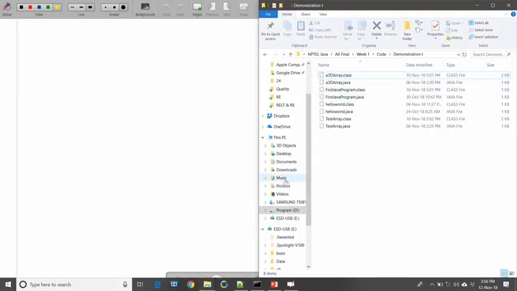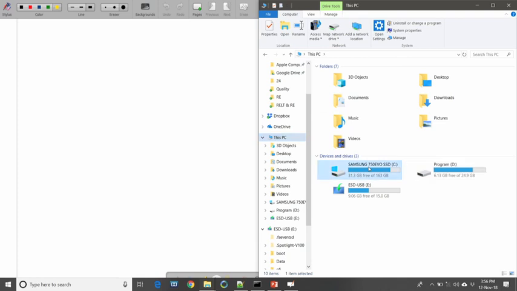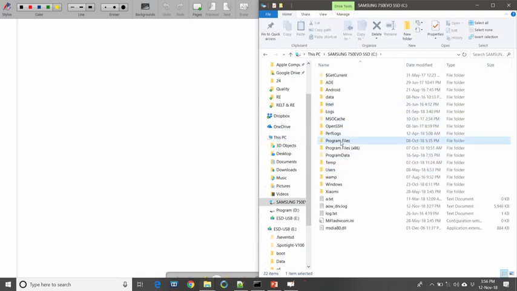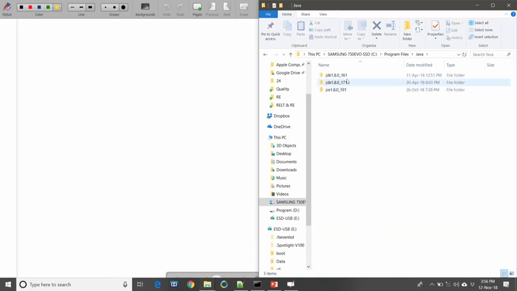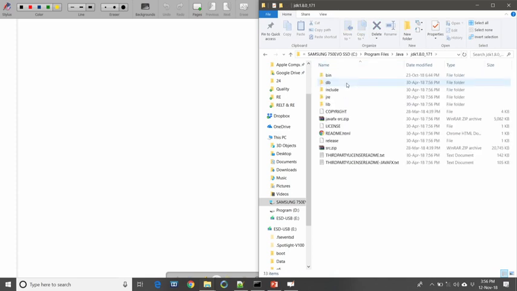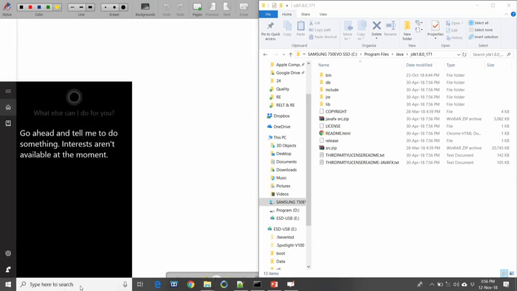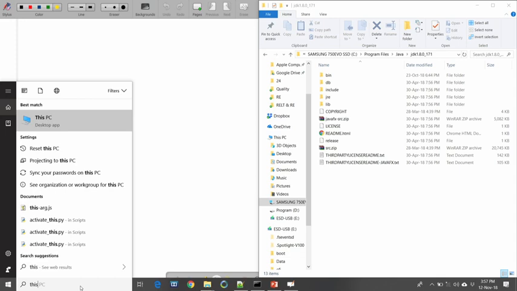We can see exactly how we have installed the JDK in our own machine in the Program Files directory. The name of the directory here is JDK, and this is the version where we have installed JDK version 8.